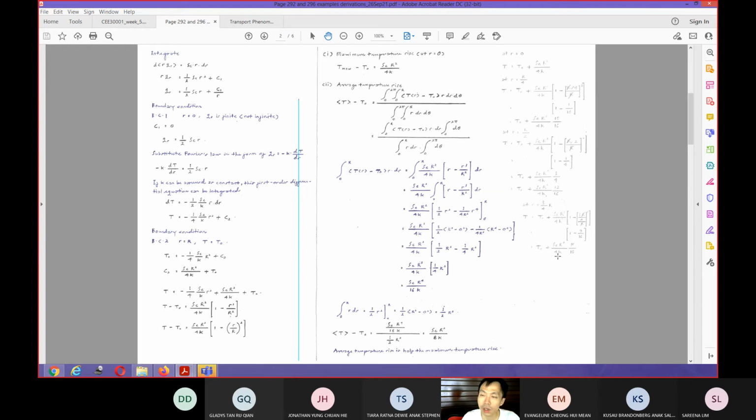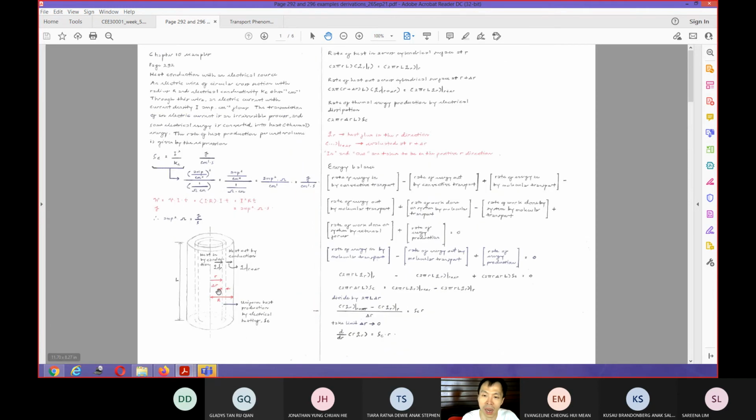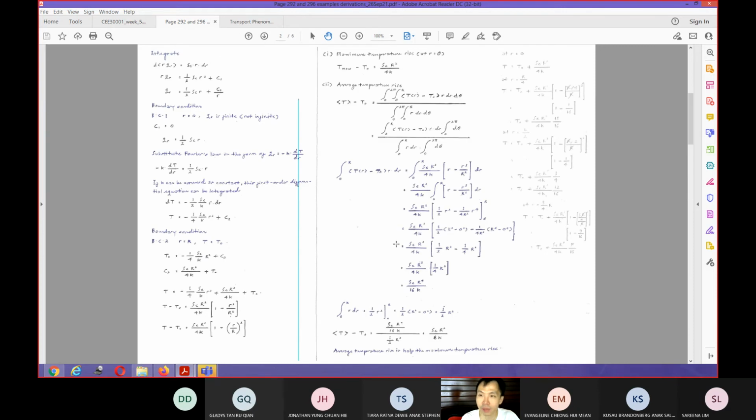right? And you can also, if you choose, try to draw it in your system in here as well, like the way that we do it for your momentum transport. Now, what will be your average temperature rise? Your average temperature rise will be this, in the same way that you do this thing. You integrate from 0 to 2 pi. You integrate from 0 to R, and then you multiply it by the R, dr, d phi.